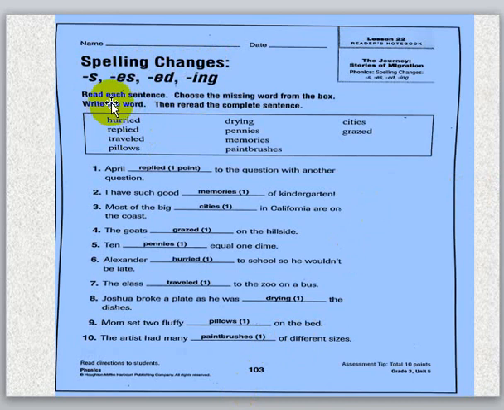In this page, read each sentence, choose the missing word from this box, write the word, then reread the complete sentence. Here, first of all, read number 1, hurried. Hurried here is a verb in the past, okay? In the present, in the first form, this verb is spelled